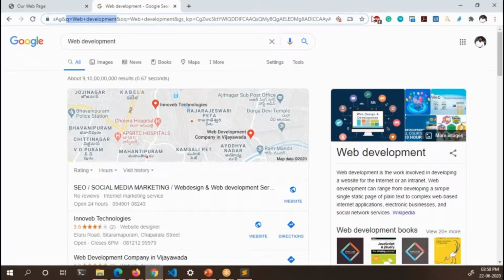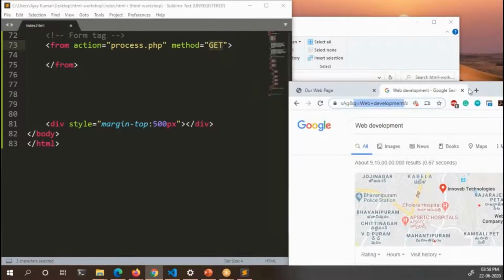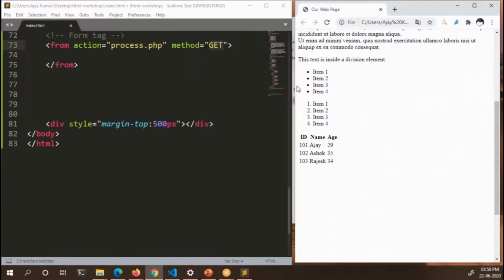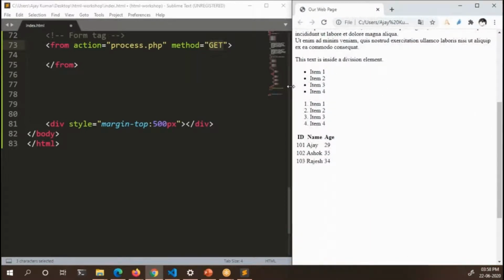Whenever you use the get method, the browser just appends the data that you want to send to the URL. This is how we can know whether it is using get or something else. For example, if you use post, the data will not be appended to the URL, it will be sent as a part of the HTTP packet.